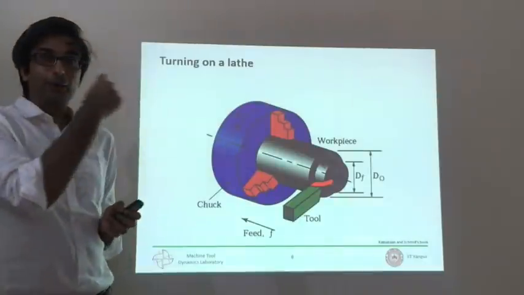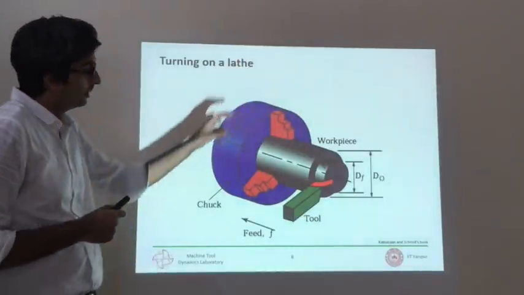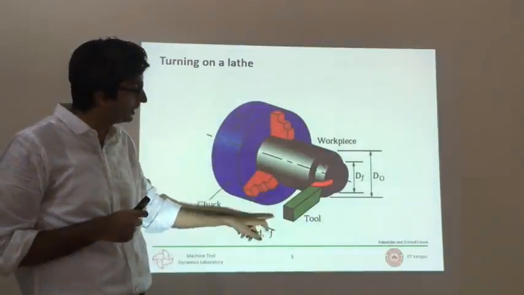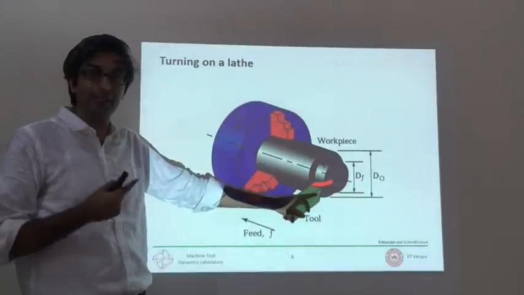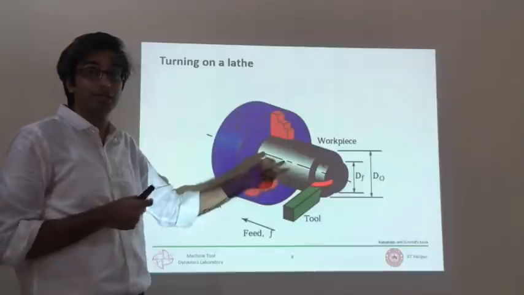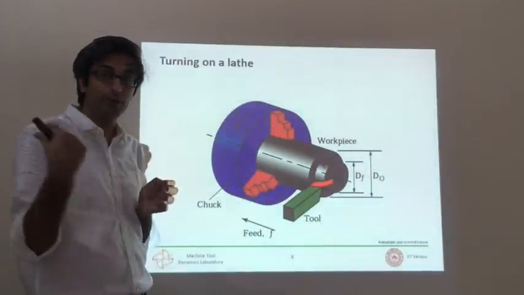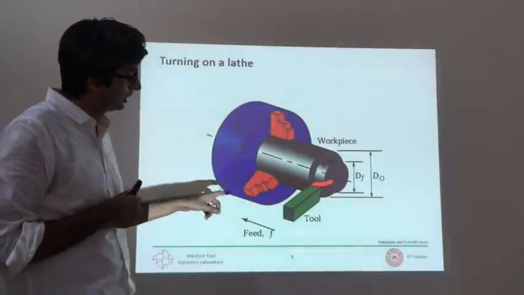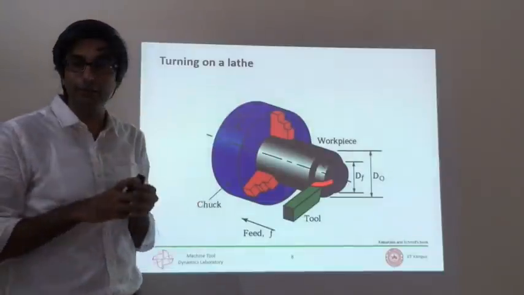So to come back, what I just digressed for is just to show you the working principle of this. But what I will now talk about is the geometry of this tool. So this is the simplest kind of operation, turning, which is to reduce the diameter of the workpiece. This is external turning. You can also have internal turning, where you can increase the size of a bore, but I'll talk about that subsequently. So what I will now define is just the geometry of this tool, the simplest kind of tool.